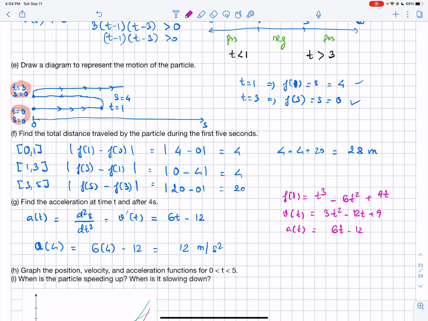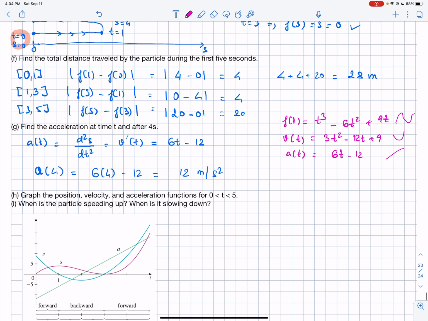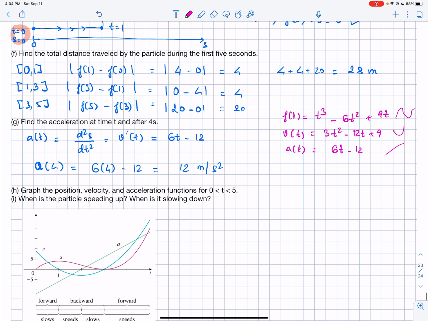So if you pay attention, f of t has the exponent, so something like this. The velocity is a parabola and the a is a line. So we have the graph below. And then when is the particle speeding up? When is it slowing down? So the line a is the acceleration function. The parabola, which is the v, is in the blue color, and in the pink color is the s. Okay,